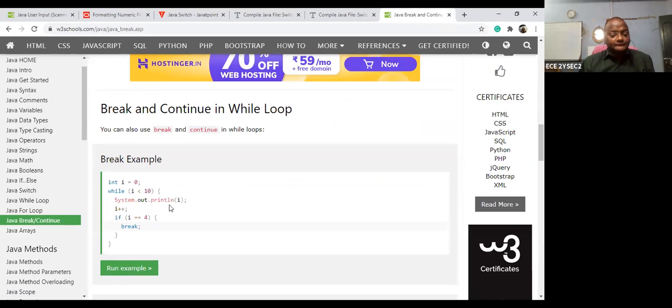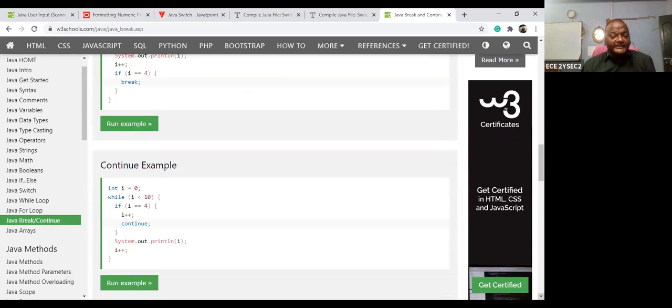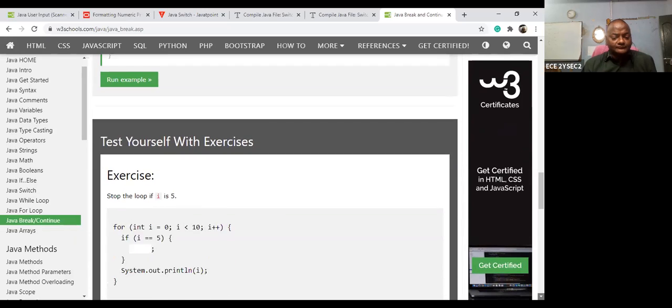Okay, all right. So can you run the example? Let us take integer I is equal to 0, while I less than 10, System.out.print I plus plus, if I is equal to 4. This is as usual, like in the previous one where we did it using the for loop. Nothing else is there. So this is the continue program, same situation, continue program.